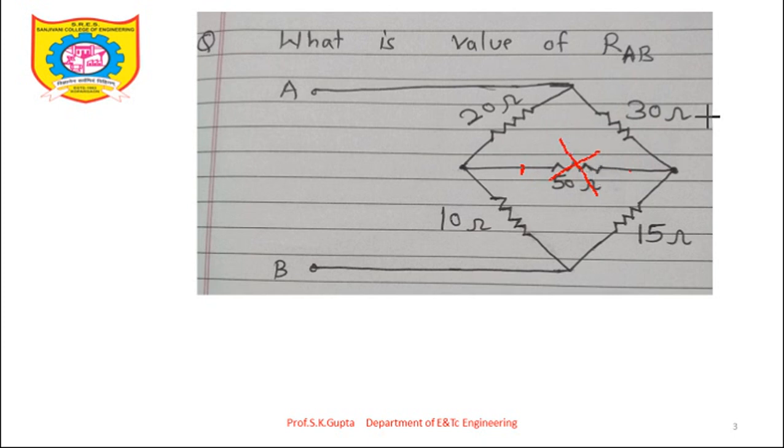Okay, now suppose I consider that this is open circuit, that means there is no wire. So this 10 ohm and 20 ohm will come in series. So 10 plus 20 means 30 ohm. They are exclusively sharing the node. And this 30 and 15 are also in series. So that series addition is 45 ohm.